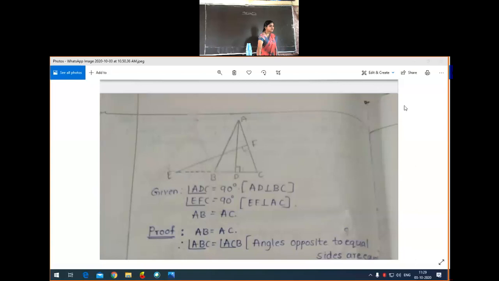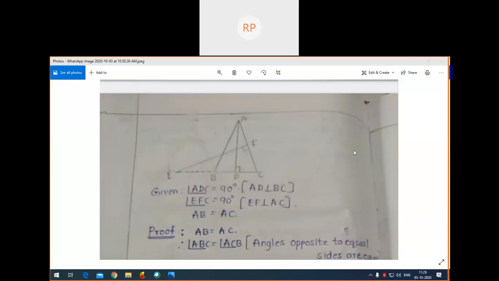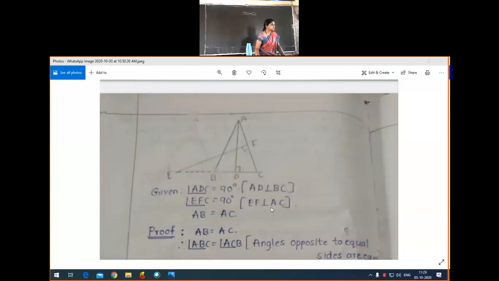Rashmi, can we solve the problem according to Nikhil's idea? Yes, this is also a perfect solution. We can think in a different way. No need to stick to the same solution that we are sending on WhatsApp. You just try to work out in a different way. Okay, next, can anybody speak something about this problem?